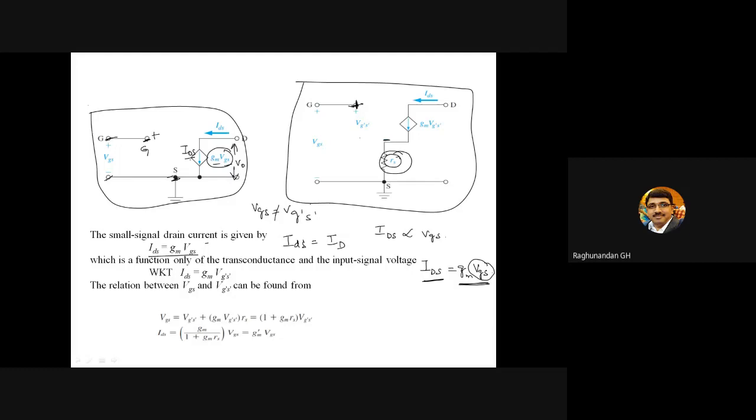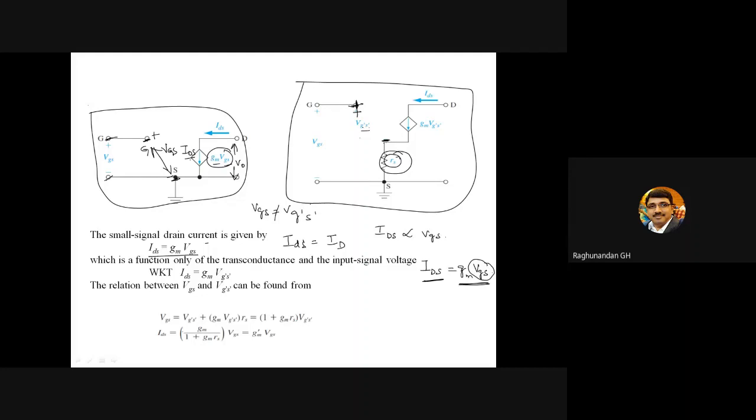This is also gate, this is source, between these two we had VGS. But now we are considering VGS between this terminal and this terminal. So between these two we are measuring. There is some amount of drop because of RS. When there is a resistance, there is a voltage drop. So now VGS is not equal to the voltage we have here. That's why I replaced it with G dash S dash. So VGS is not equal to VG dash S dash.